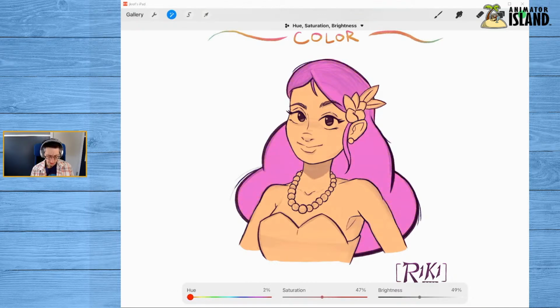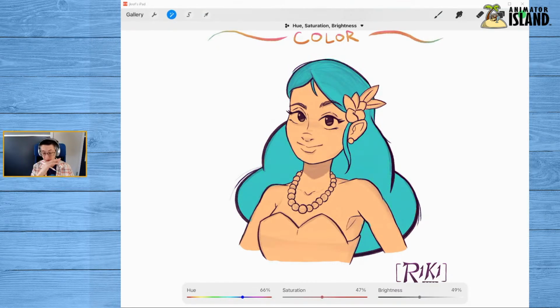In my mind, initially, I was going with a deep color. Excuse me, I'm going to drink. I was going with a deep color. This is a character who would, I think, be from Hawaii, hence the plumeria in her hair with the leaves. And that was kind of the direction I was headed. That was the reference that I got. So I was thinking something deep in terms of hair color. But you will note that I only have bold colors here, right? Like if I move the slider, no matter where I move, I'm just getting bold colors.